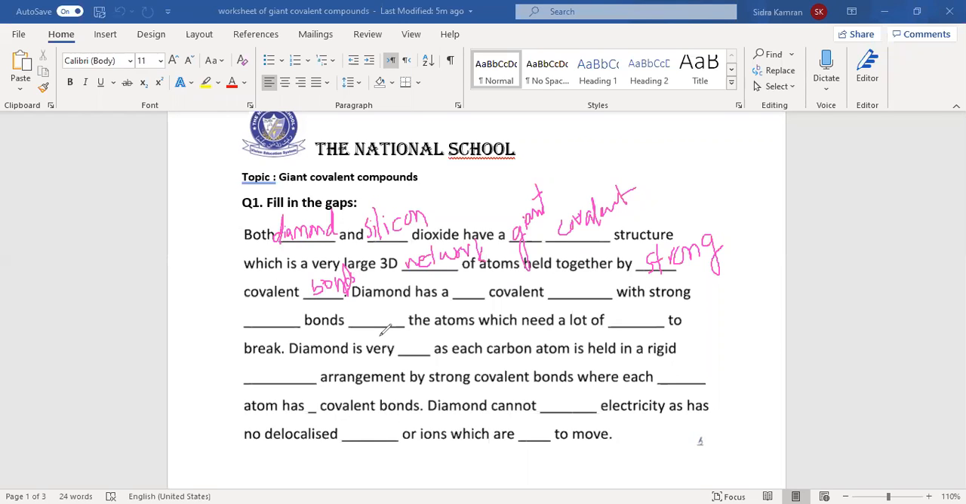Abdurrahman, you have to answer this. Diamond has a dash covalent dash. Strong covalent. Giant covalent structure with strong dash bonds. Which bonds? Which type of bonding is present between diamond atoms? Strong dash bonds. Covalent bonds. Yes, covalent bonds, with strong covalent bonds